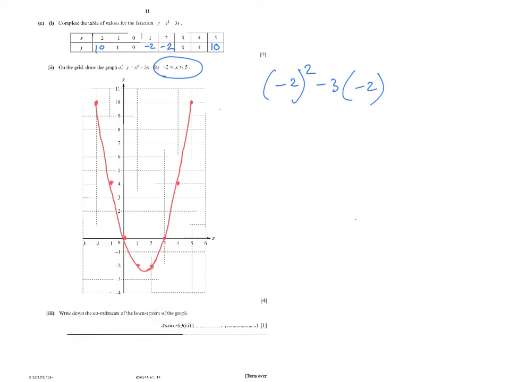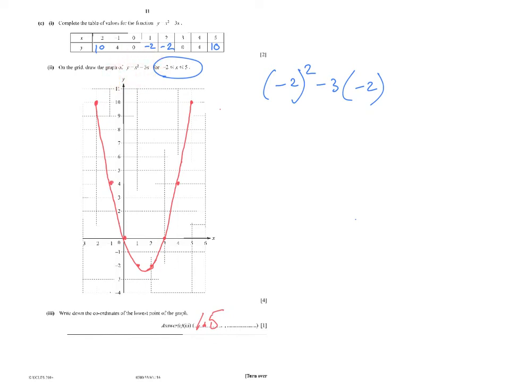So what is the lowest point? That's a very nice question, by the way. The lowest point is exactly between 1 and 2. So the x coordinate is 1.5, and the y coordinates, you can have a look. Either you can say, well, it's about minus 2.2,